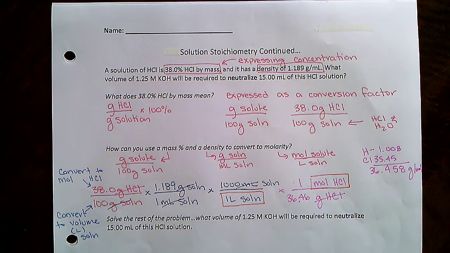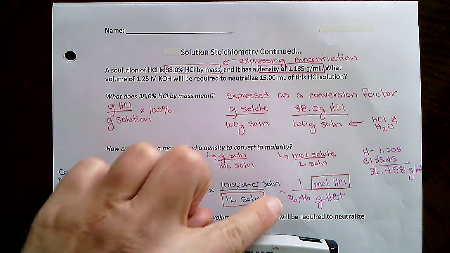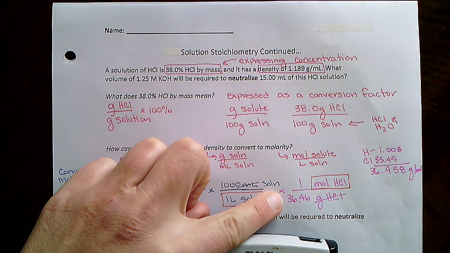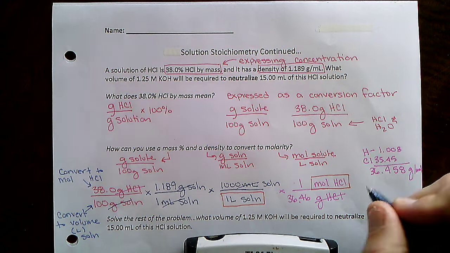We're in molarity, so we just need to use a calculator and multiply your 38 times 1.189 times 1,000, and we're dividing that entire quantity by 100 times 36.46. And I came out with